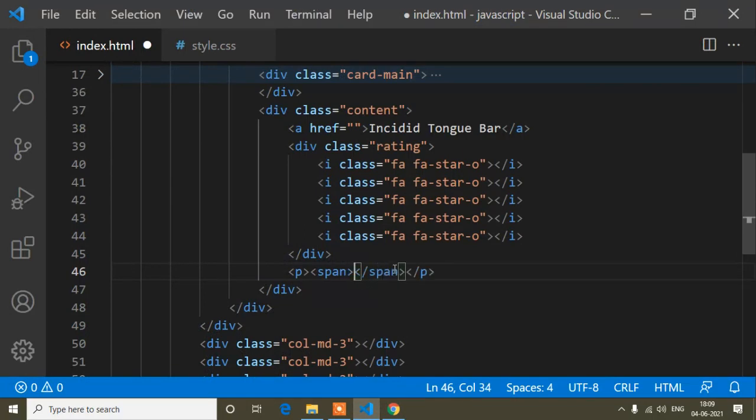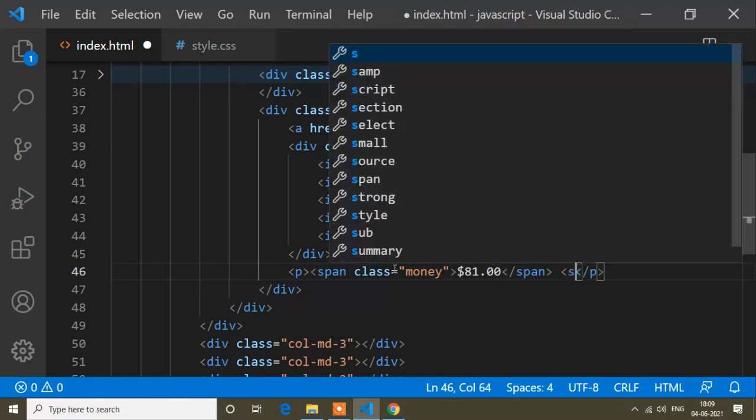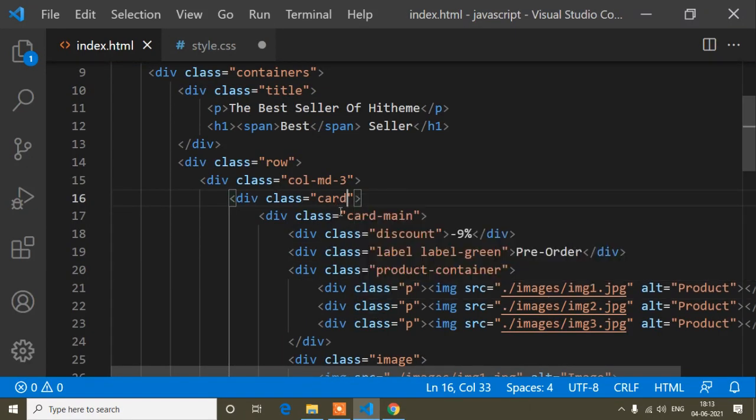So I need this one to change, so here I will write the span with the class money. In this span tag, I will set the price, that is 81.00. Okay.